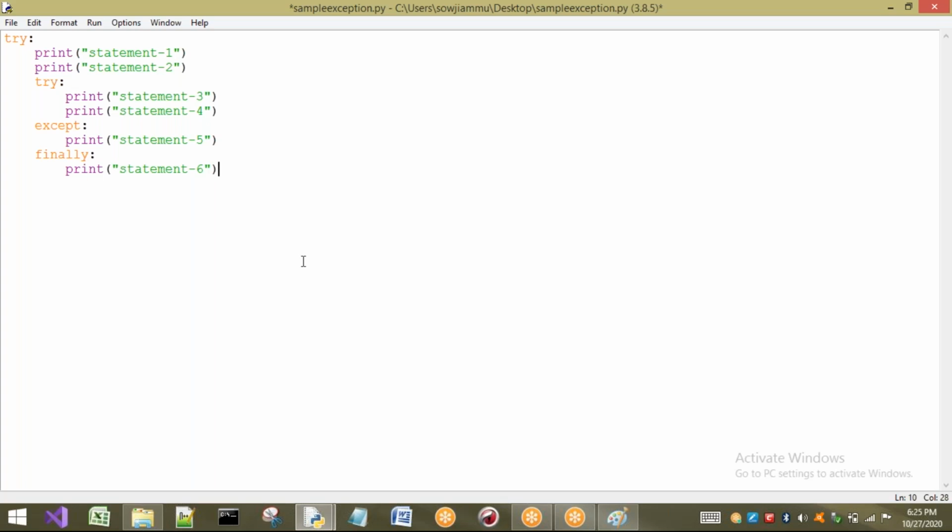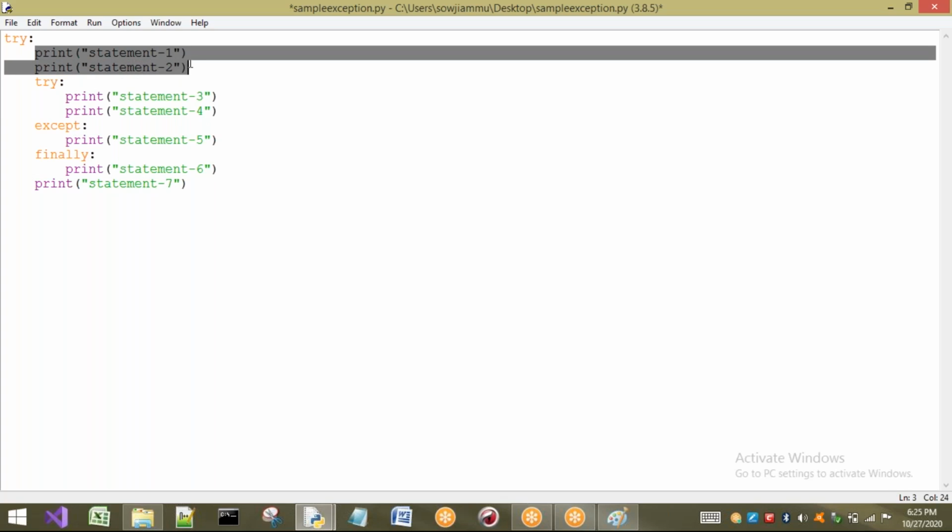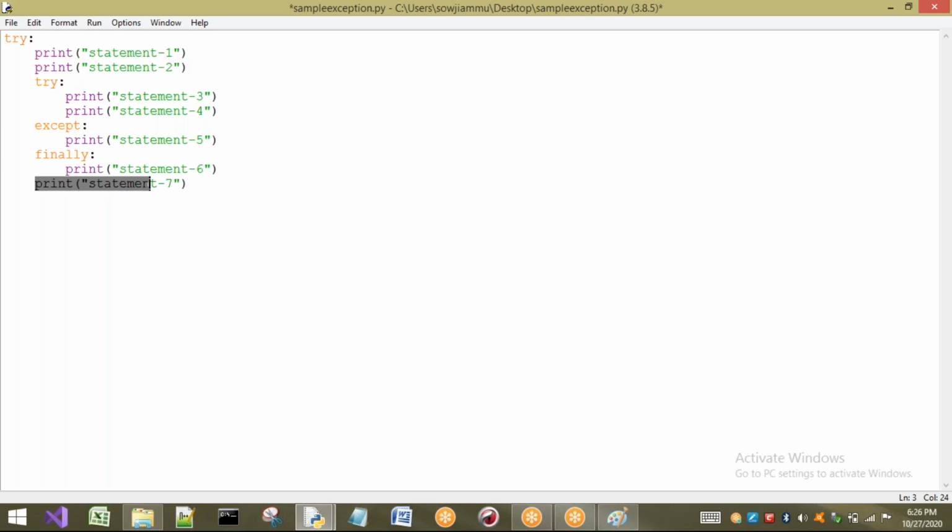Now observe carefully. I am going to write one more statement, print of statement 7. Observe this one. It does not belong to finally, it does not belong to except, it does not belong to the inner try. But see, these two statements belong to the outer try, and this statement also belongs to the outer try only.